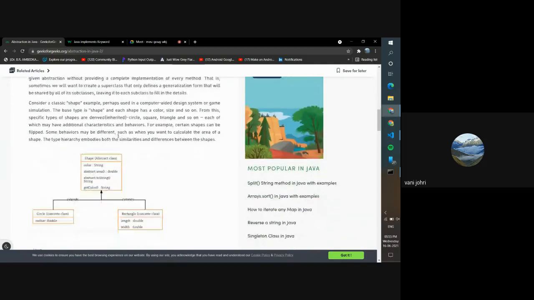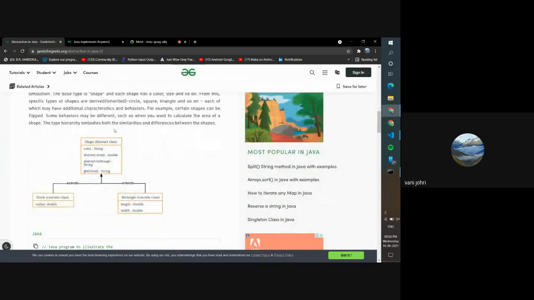Now when to use it, it's the same thing. Let's say you had a game where you had different shapes. All right, so you made an abstract class of shape, and there was color, there was area, there was a string method, and there was get color.